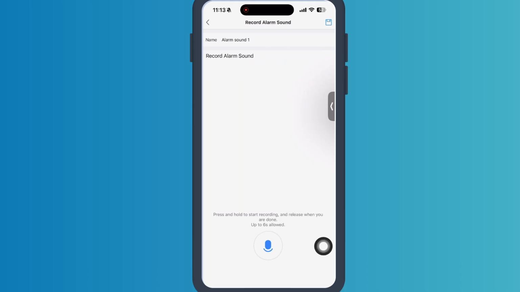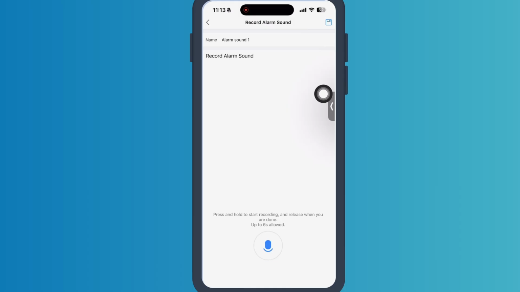It shows: press and hold to start recording and release when you are done. Now I am using my microphone for the meeting, so I can't record myself. If you are doing it normally, you can record it. You just have to hold on this, and the recording will start. Record your alarm message. After recording it, you just have to click on the save button over here, name it,